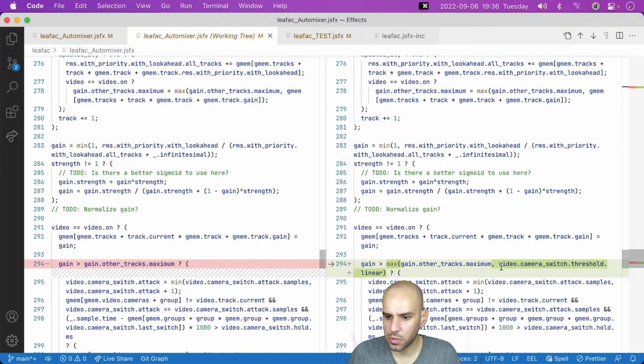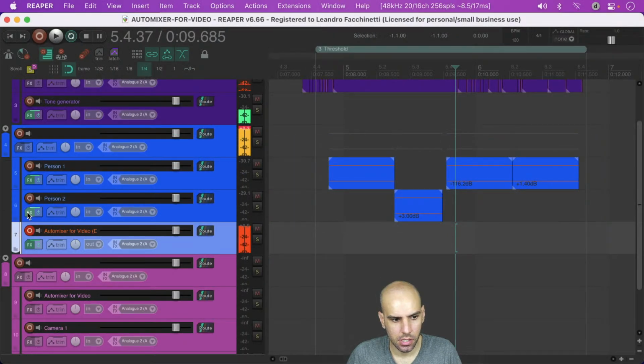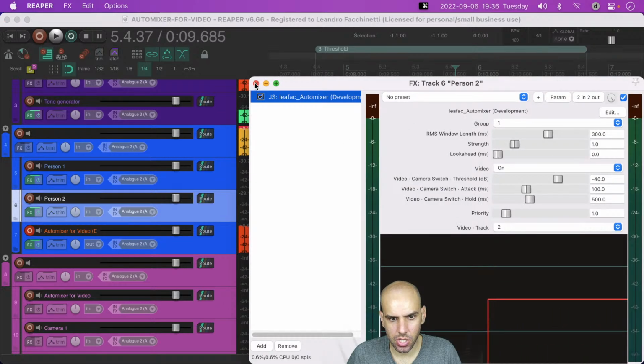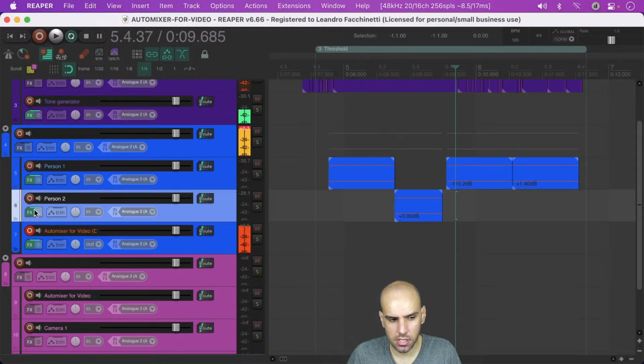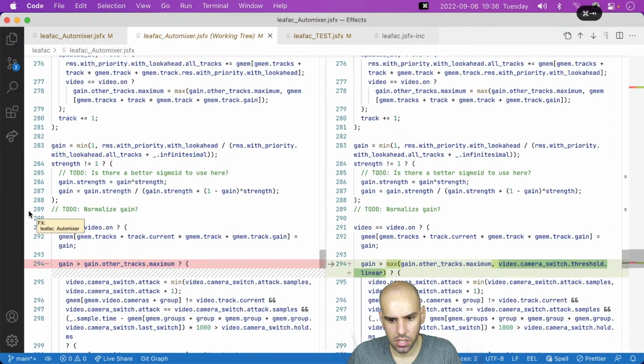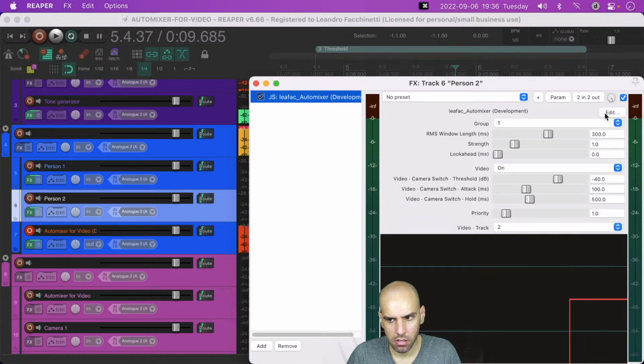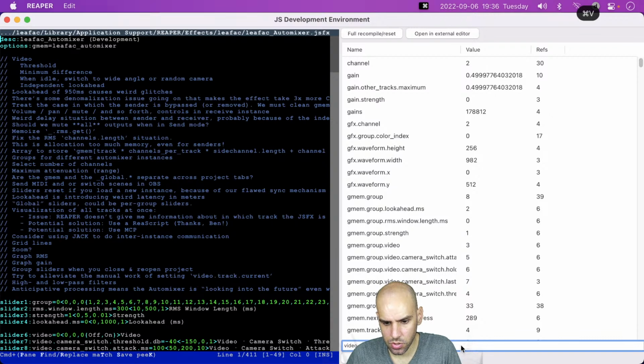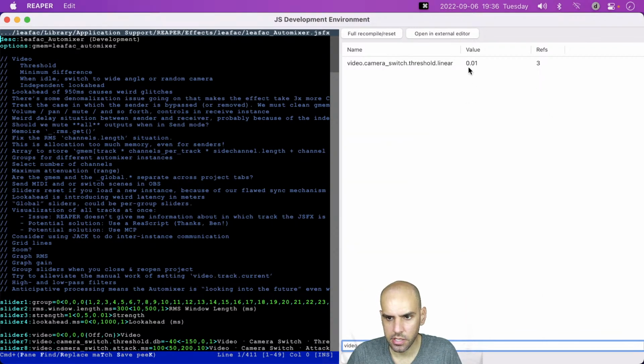I guess I will want to see the value of this variable. It does not matter in which instance I see this. But I want to see it. It is 0.01. That makes sense. It's a value between 0 and 1. That makes a lot of sense, yes.